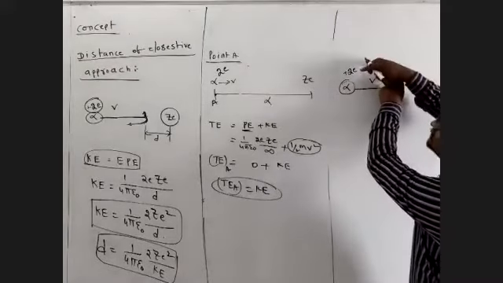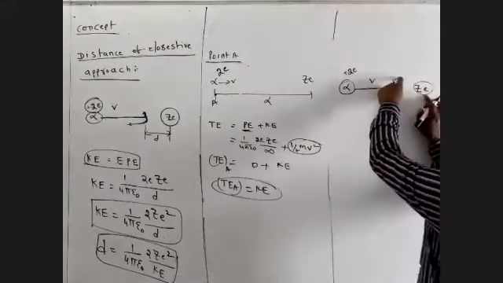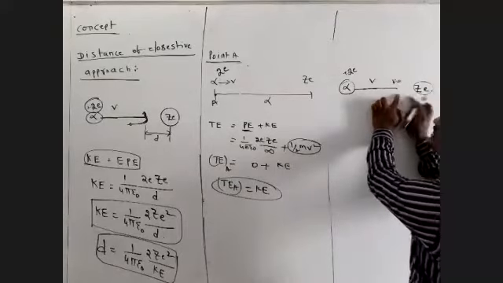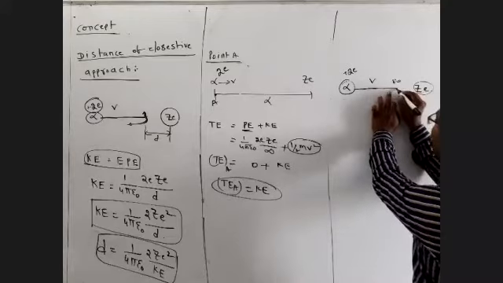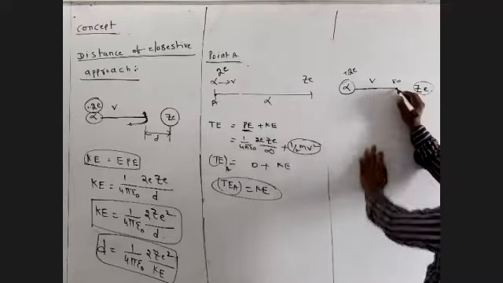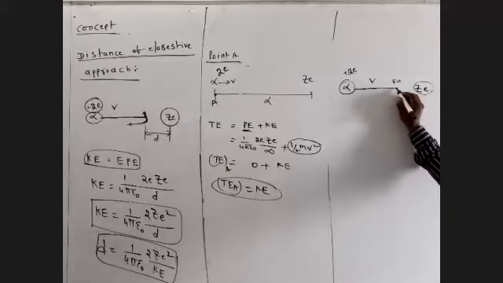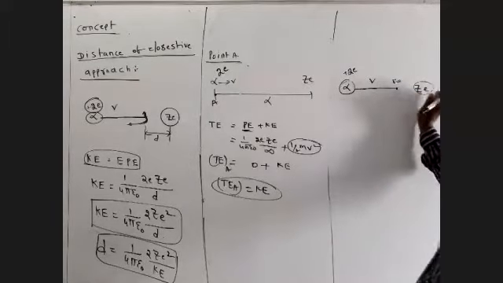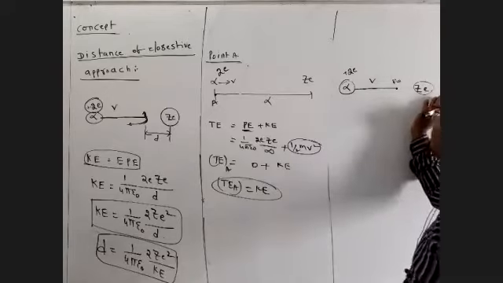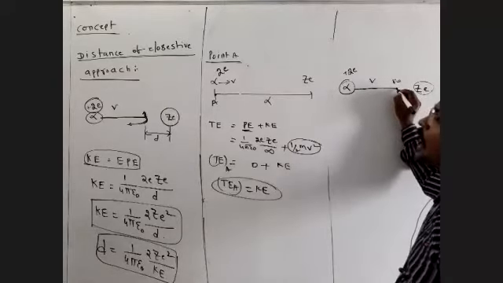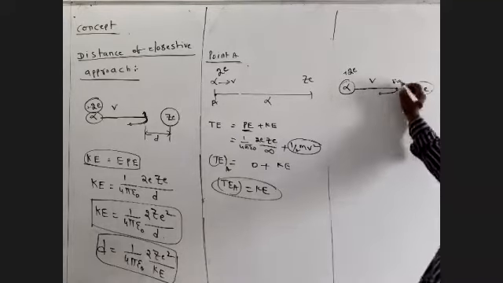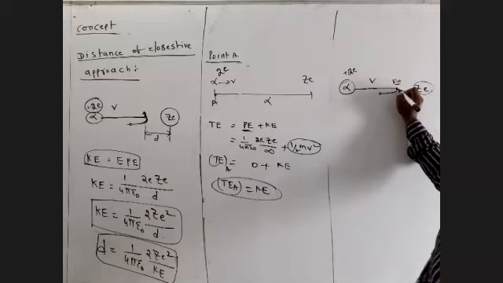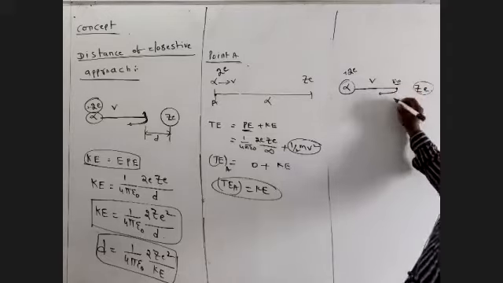But this alpha particle has positive charge and the nucleus also has positive charge. Both are positive charges, so they repel each other, and finally the alpha particle's velocity becomes zero. It comes to rest. Then the nucleus repels the charge, and the alpha particle returns in the opposite direction. What is the velocity of the alpha particle at this position? Zero, and it returns in this direction.